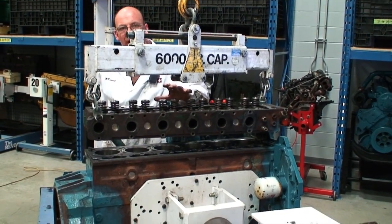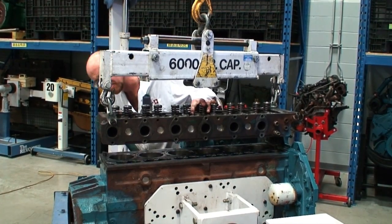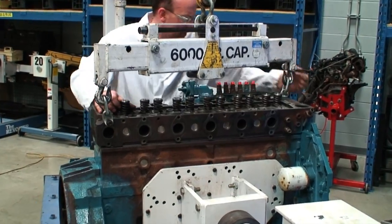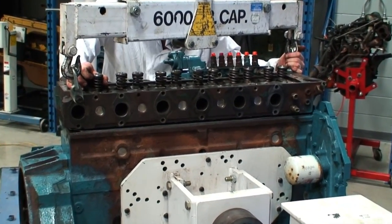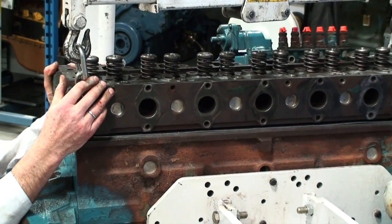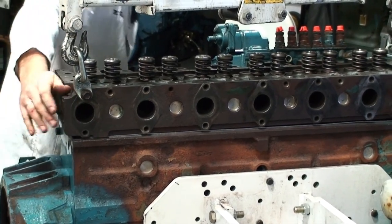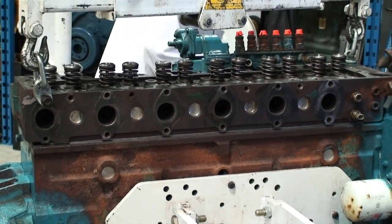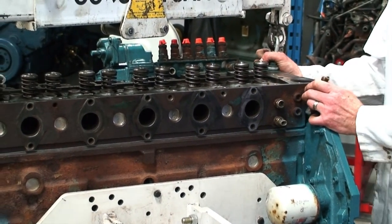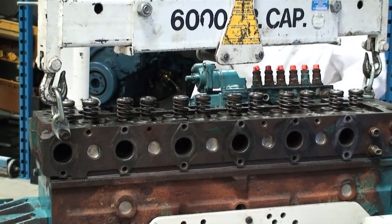Okay, so now we've got the head ready to be positioned, and normally we would have a second technician to do this, but in this particular case I'm just going to go ahead and lower the head down close to the pins and then position the head so that it drops onto our alignment dowels. And there's one end, and I'll drop the head slightly again and then come to the front side and we're down in position. Okay, so I can move the head a little bit, and I know that I'm mated now,